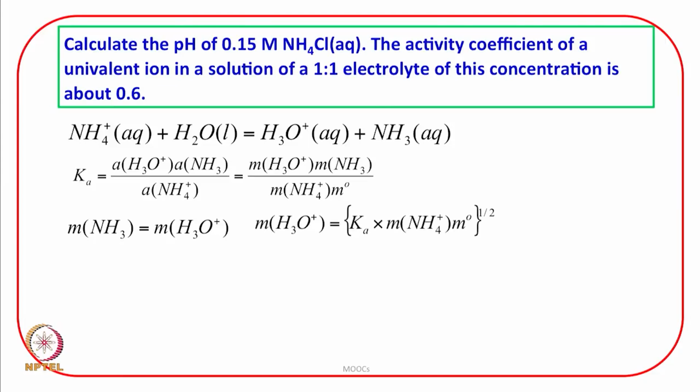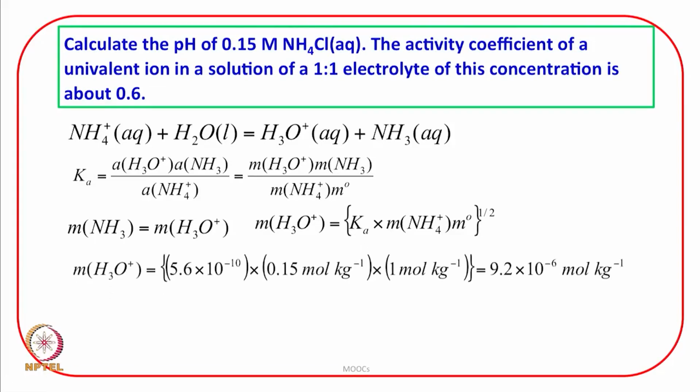And therefore, once you equate these two, the molality of H3O plus can be calculated from this expression, that is the square root of Ka times m of ammonium ion times m naught. I am not going into that much detail because this question I have already discussed. So, once we have the molality of hydronium ion, we can easily calculate the pH. First, the molality of hydronium ion is evaluated from the knowledge of Ka and the concentration or molality of ammonium ion,